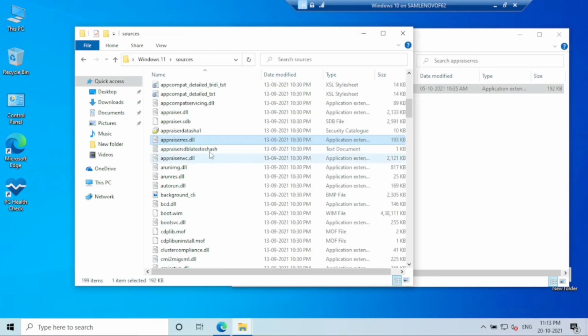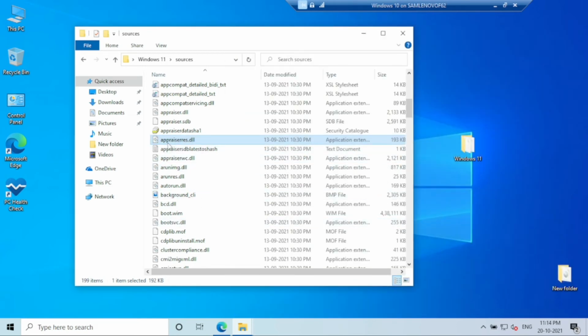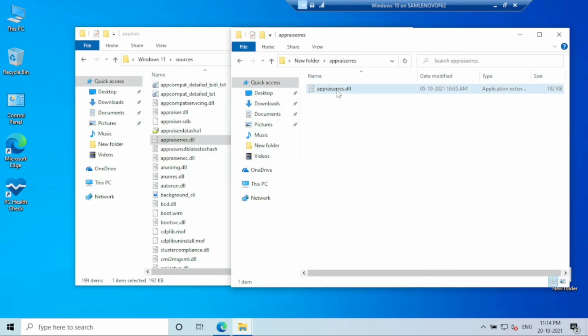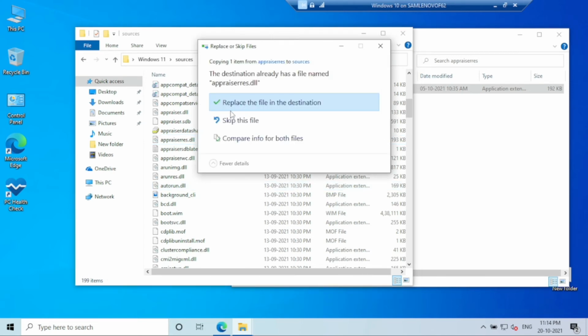In the sources folder of our installation media, you will find appraiseres.dll file that houses all the system requirements needed for Windows 11. So we need to replace this file with our appraiseres.dll file that we have downloaded just now. Just copy it and paste it inside the sources folder. Click on replace,